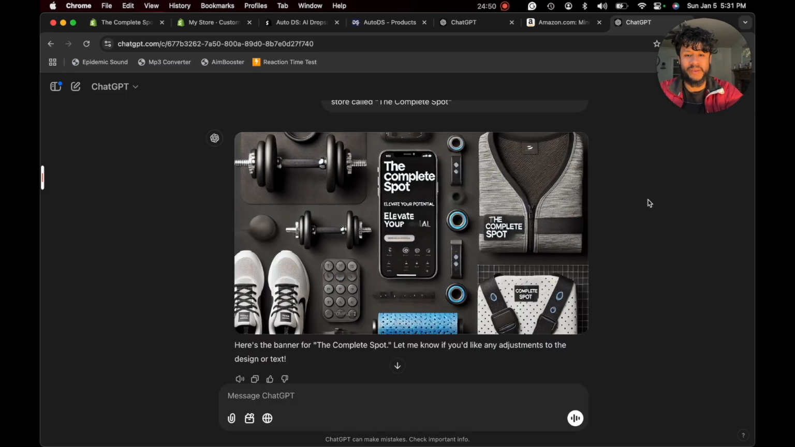Cool, so it generated something pretty cool right here, an iPhone in the middle. It looks like it's adding weights and fitness. We're not really going for that right now. The one thing we have in our store is a washing machine. So maybe we can go ahead and tell it based on more home appliances. But the beauty about this is with the automated dropshipping, you can quickly add dumbbells if you want, but we're